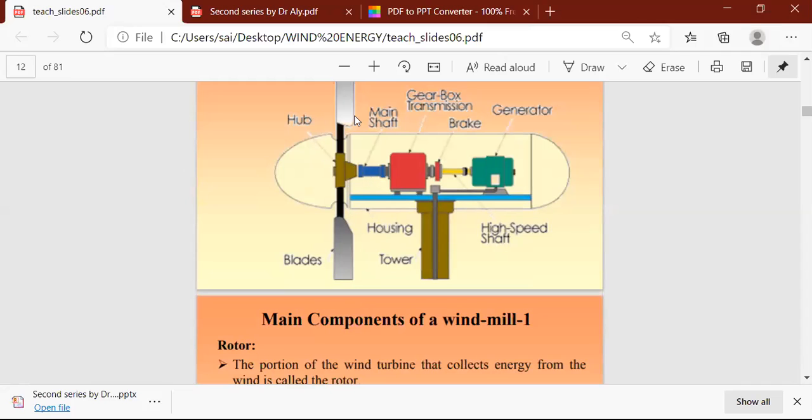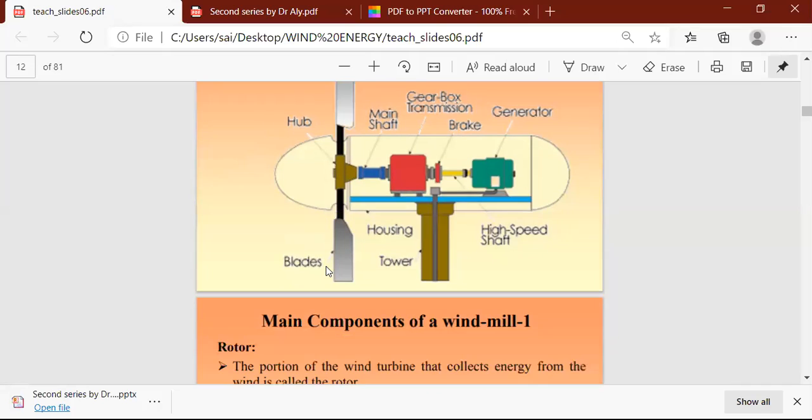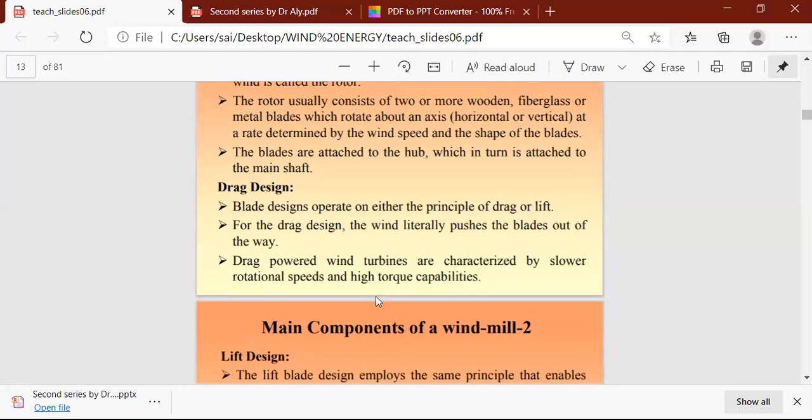Why are these blades not directly attached to the main shaft? For maintenance purposes. If suppose one blade is out of service or having any difficulty to move, we can replace this hub, or we can maintain it by separating this hub. We can change this blade and again connect it to the main shaft. That's why this hub is used for mounting your blades. So this is the function of your blade.